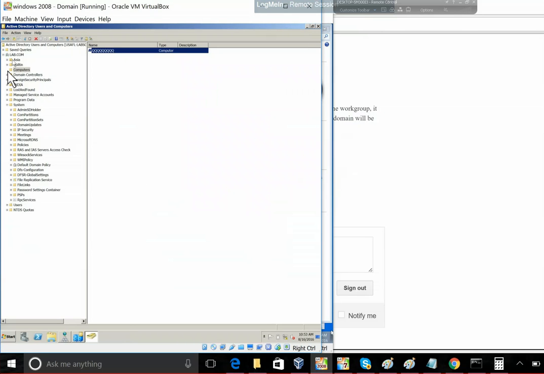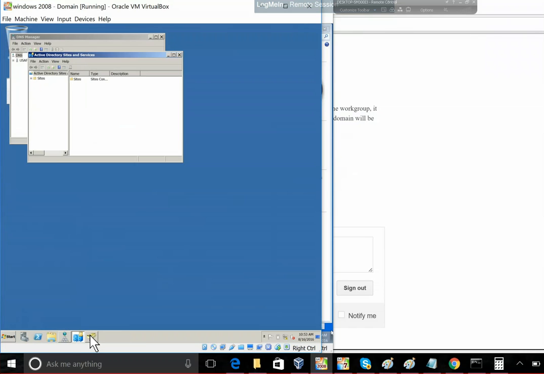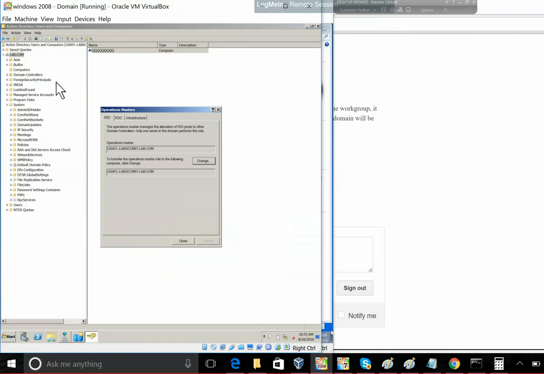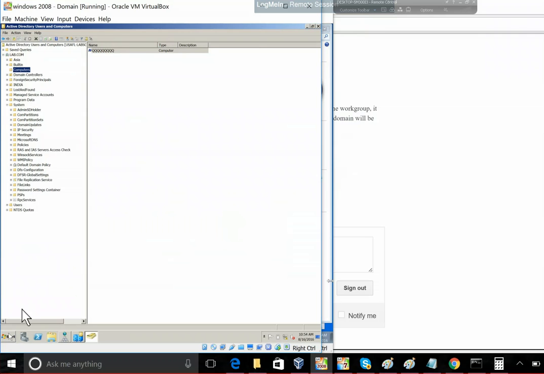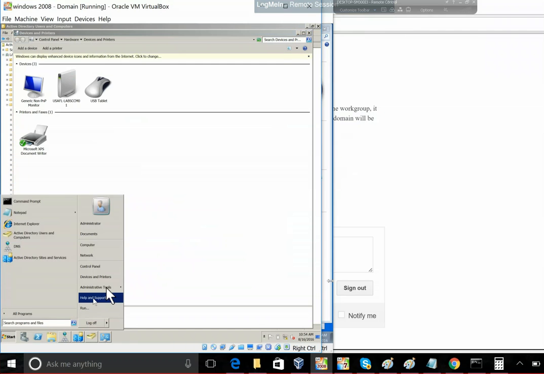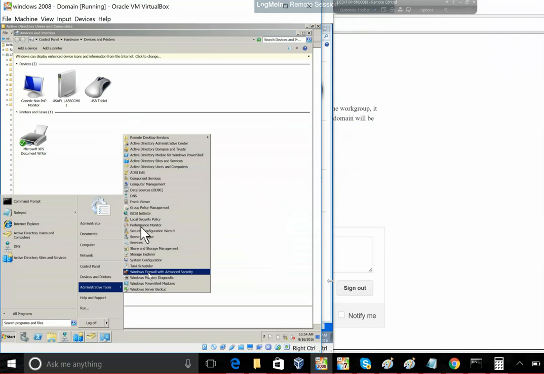So this is in general Active Directory Users and Computers. If you want to know the operations masters, you can go here and check all these things. So this is what we have talked about: RID and PDC emulator as well as the infrastructure master, right? Yes, sir. Okay, next one will be the